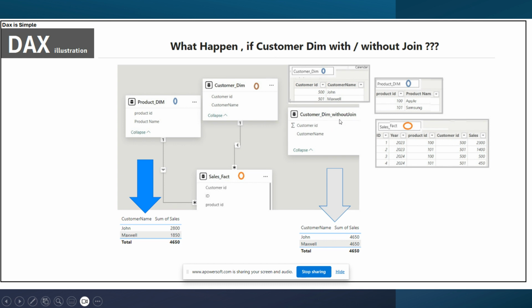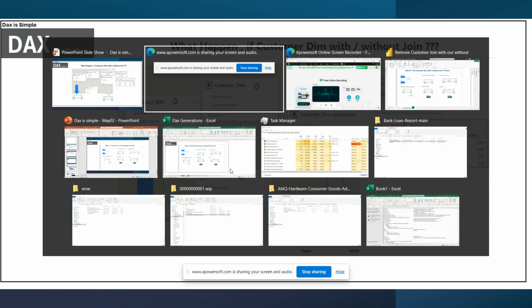If I go with the customer dim without a join to the sales fact table, I'm getting 4650, 4650, since there is no relationship between the customer dim and the sales fact table. If I achieve this with the TREATAS join, I'll get the result as 2800 and 1850, similar to the relationship established between the product dim and the sales fact table. This is our customer dim having two entries, 500 and 501, and this is our product dim having two entries for product name, Apple and Samsung. This is our fact table. Let me jump into